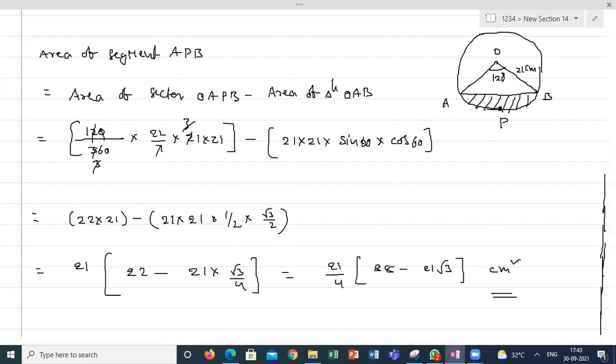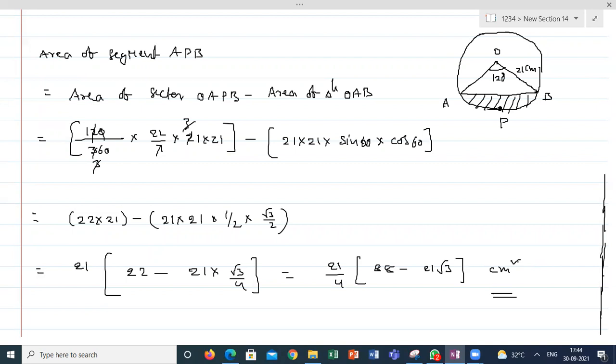Generally, when we are explaining, if it is not MCQs, we have to do the derivation fully in each and every numerical. That means you have to calculate the height of OAB, then calculate the area of the triangle with the help of trigonometry. Then the sector formula minus the area of triangle formula will give the final answer. But we prepared a formula with the help of trigonometry. The area of the triangle formed by a chord is always r square into sine of the half angle of the sector into cos of the half angle of the sector.